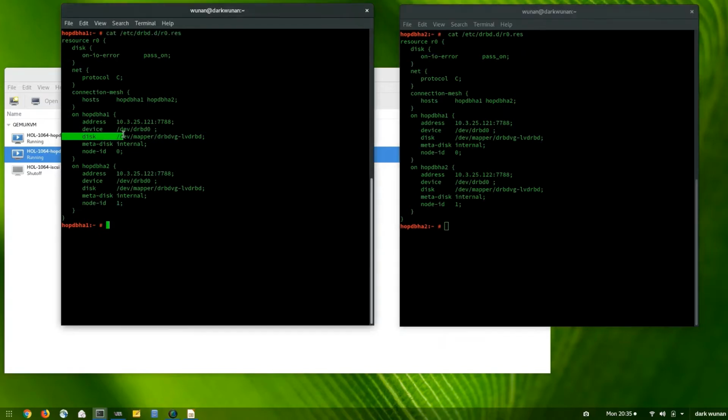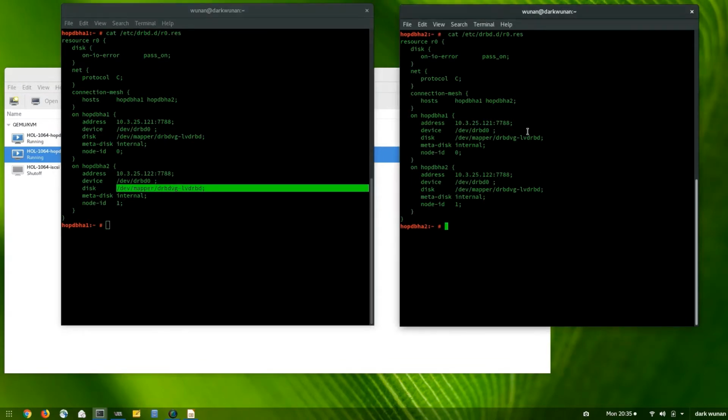So this will be the logical block device DRBD. I call it /dev/drbd0. So this is the physical block device using the DRBD VG and also the LV DRBD. So both have the same configuration. Okay, now